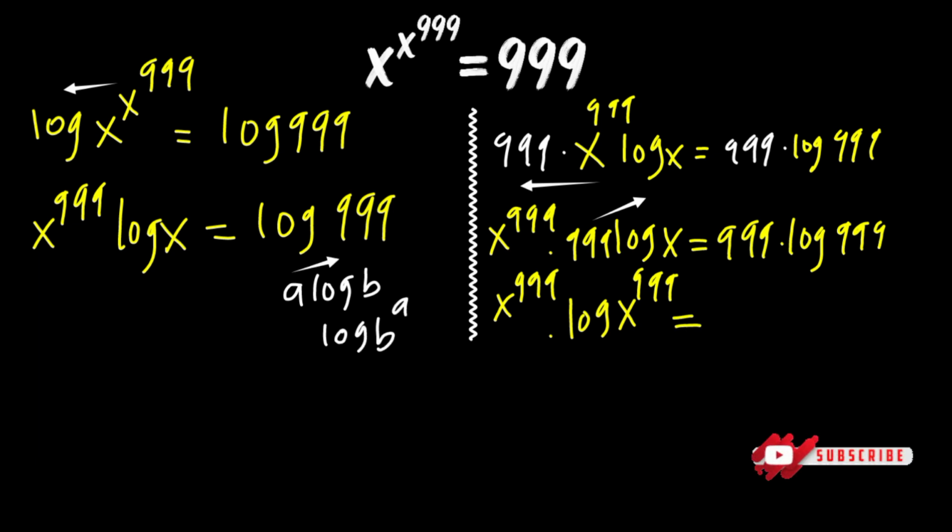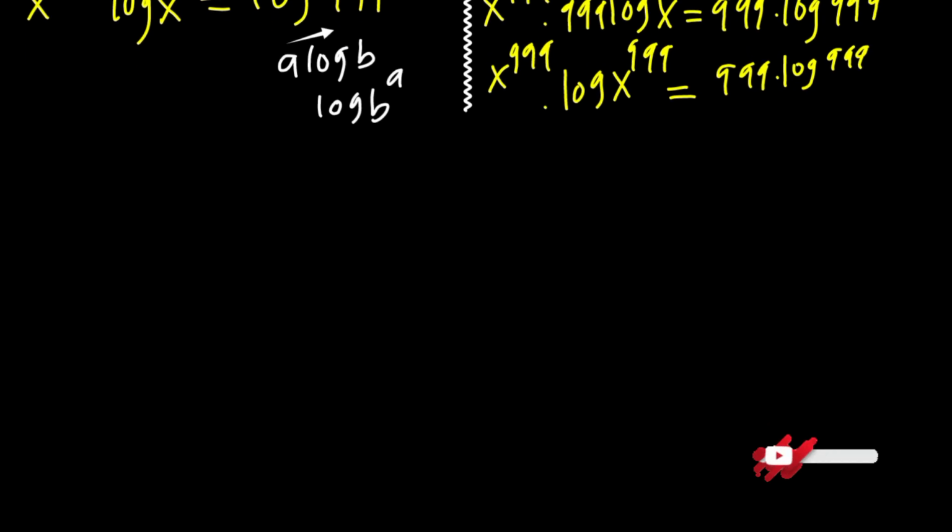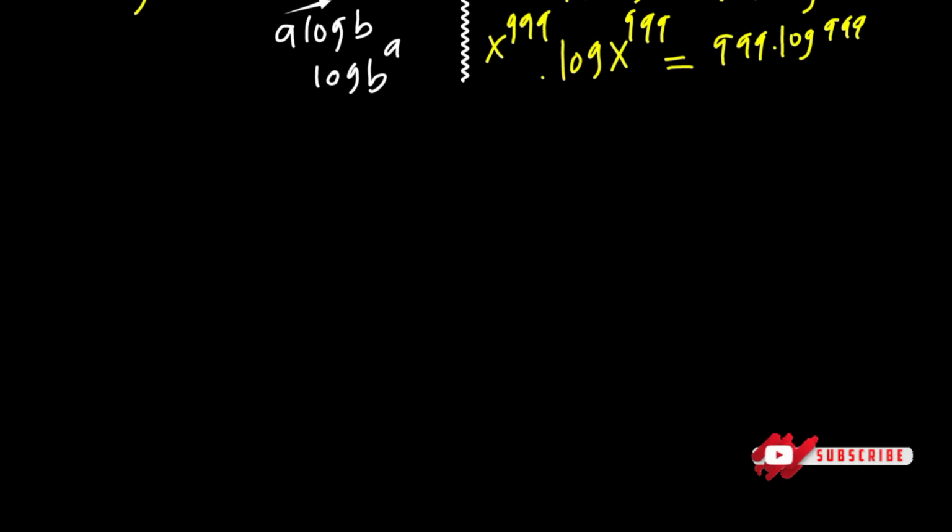Then this equals 999 times log of 999. If you have really sharp eyes, the solution is very obvious from here. When we watch this closely, we have the coefficient and the logarithm having the same value, so as the coefficient here and the logarithm here having the same value. So we can just make use of a direct comparison and say that x to the power of 999 must be equal to